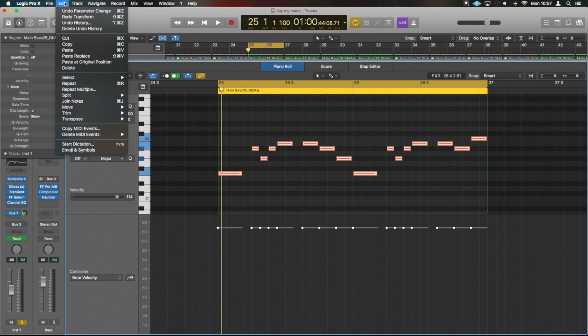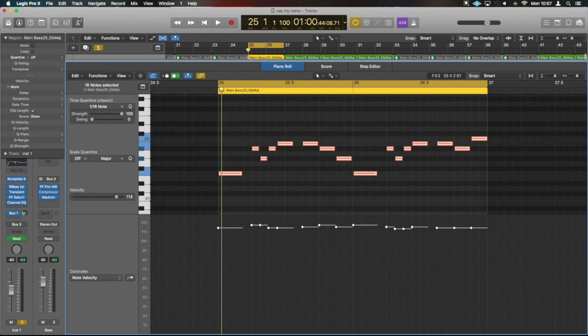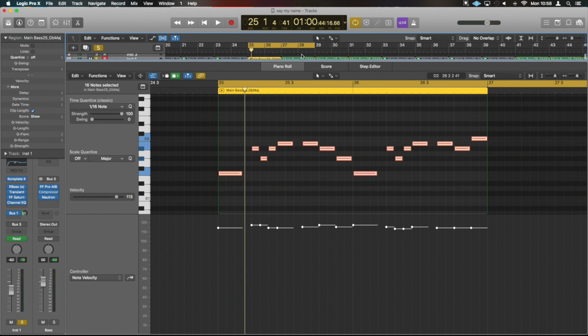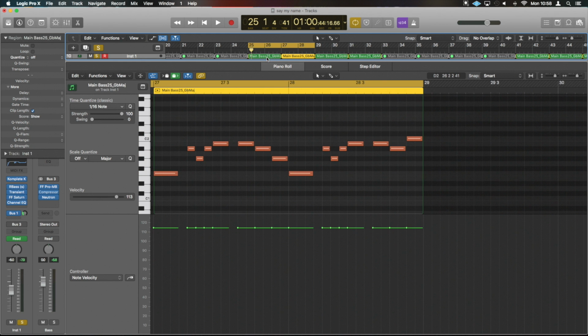And I can't remember what redo is. Redo transform with shift command Z. There we go. We can see them move ever so slightly. And you see that the velocities have changed just that little bit as well. Now it may not even be perceptual, but if we go from the initial one into the second one, which is still super rigid,